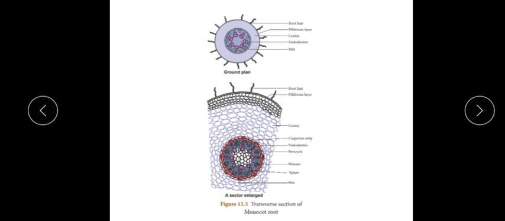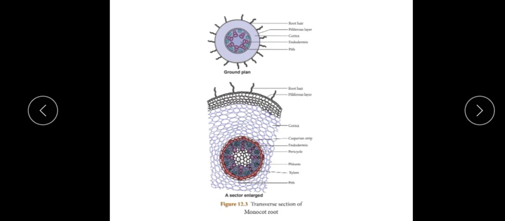Here again you can see I have just given the diagram. You can see the pericycle is going to be a single layer just below the endodermis. Here again it has the same function just like dicot root, where you can see the lateral roots arising from this. It's just a single layer. It has no other function basically. Next in the order come the vascular tissues. Again, it's going to be the xylem and the phloem. Have a look at this diagram.